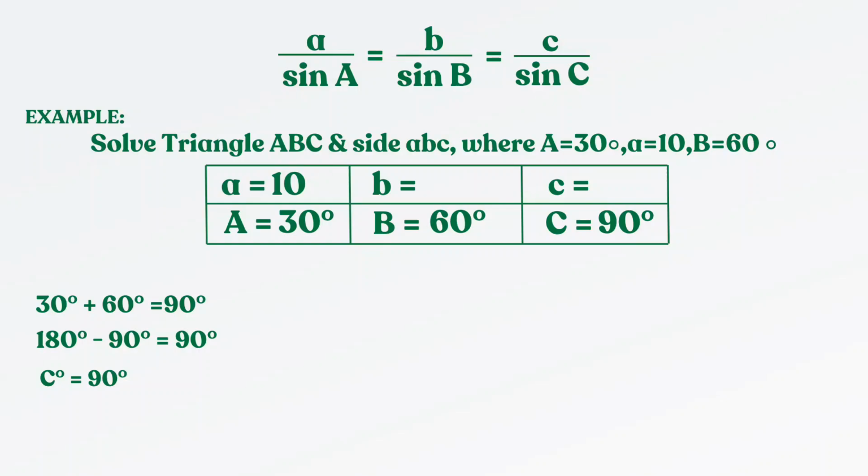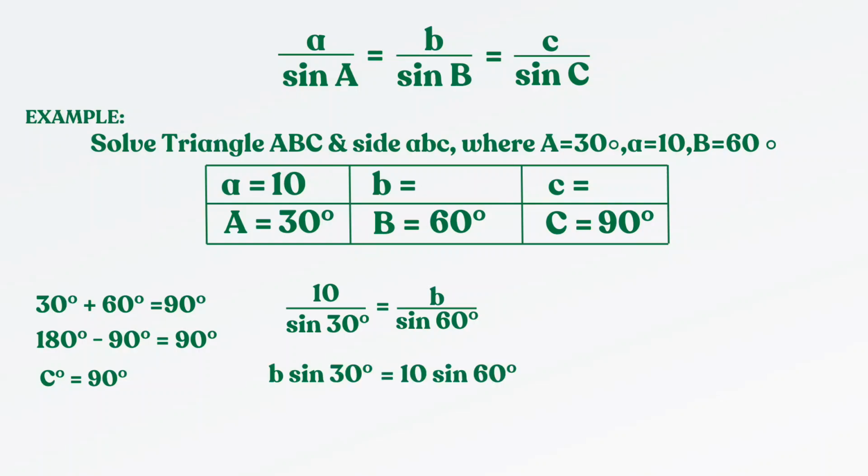Now, we know that angle C is a right angle, which means triangle ABC is a right triangle. Next, we'll use the law of sines to find the lengths of sides b and c. We can set up our equation to find side b as 10 over sine 30 degrees equals b over sine 60 degrees. Then cross multiply, so it becomes b sine 30 degrees equals 10 sine 60 degrees, and divide both sides by sine 30 degrees to eliminate it, leaving only b on the other side, which gives us a result of b equals